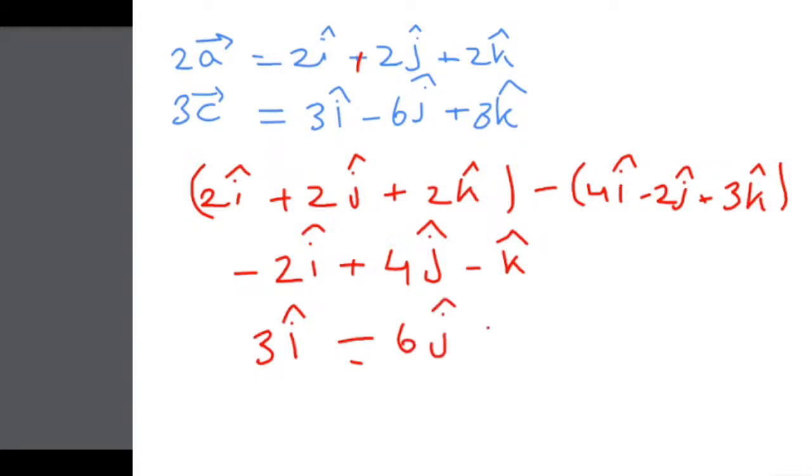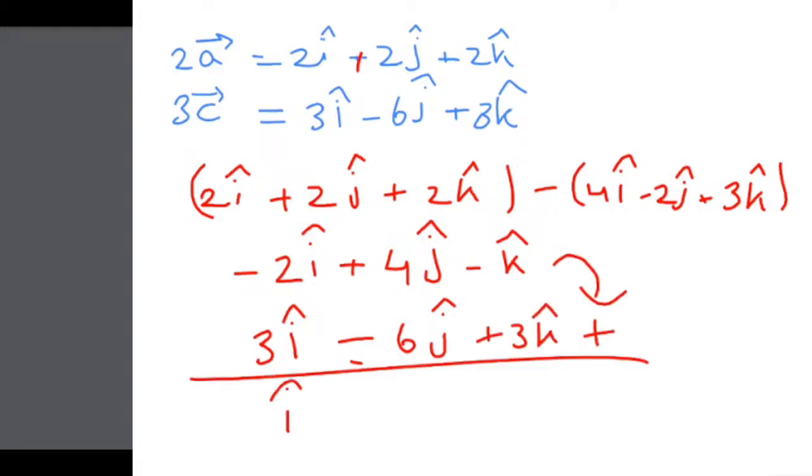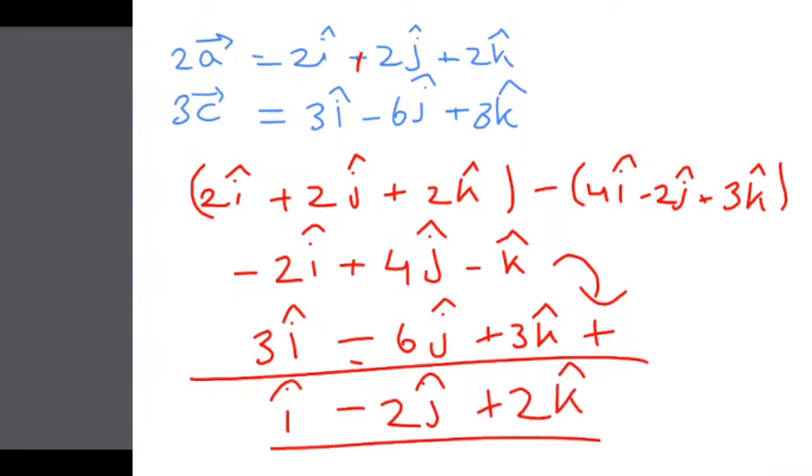Plus, okay, so we essentially have to add this. So what is that? i cap, and then adding this, so minus 2j cap, and then adding this I'll get plus 2k cap. So this is the vector parallel to this vector. We have to find the vector parallel to this vector, right? Okay, so